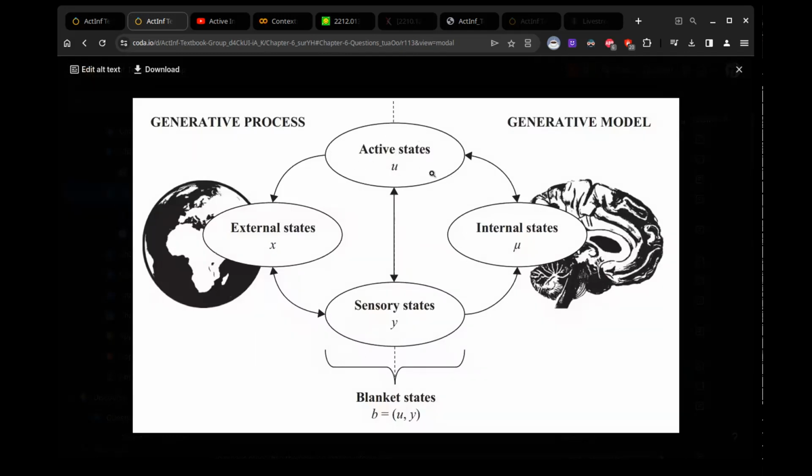Our preferences, the C vector, are over sensory states. So we say, I prefer to find myself at 37C, homeostatic body temperature. Because I prefer that, I'm going to seek policies that meander my way, even if it's one step backwards, two steps forwards, to reduce my surprise, bound my surprise, reduce my expected free energy about finding myself at homeostatic body temperature.